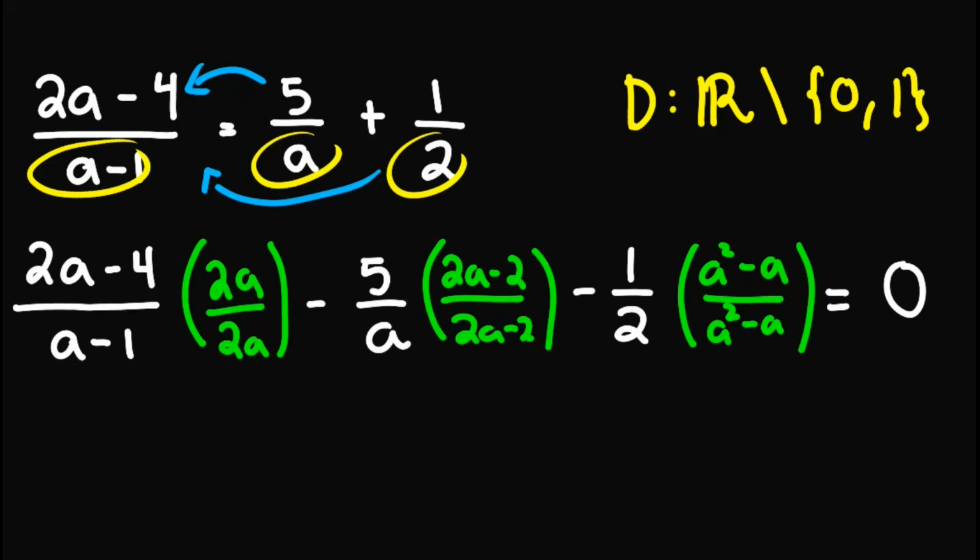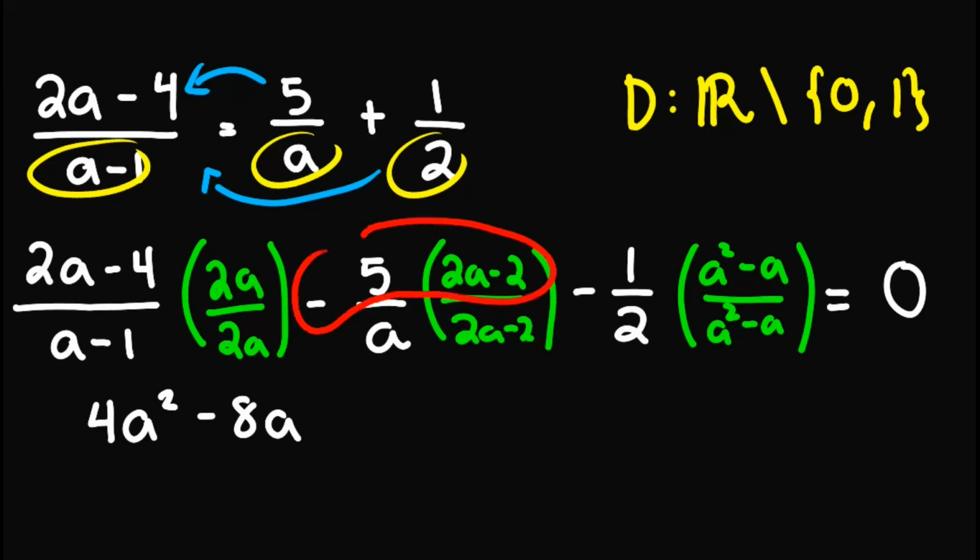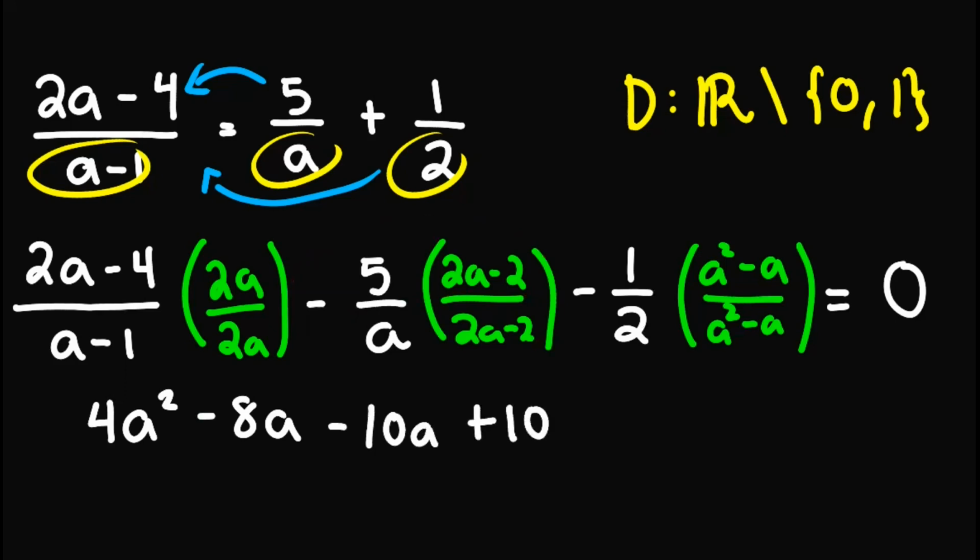So simplifying this, we'll have in the numerator 2a minus 4 times 2a will be 4a squared minus 8a. Then we've got this portion out here, negative 5 times 2a minus 2. That will give us negative 10a plus 10. Lastly, we have here negative 1 times a squared minus a. That will give us negative a squared plus 8. All over,